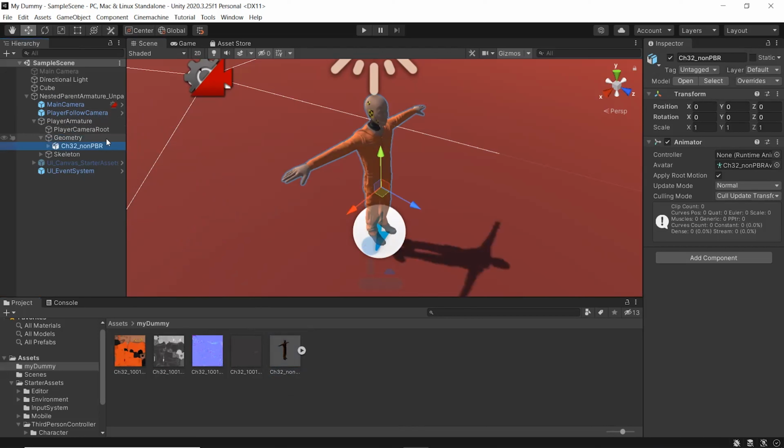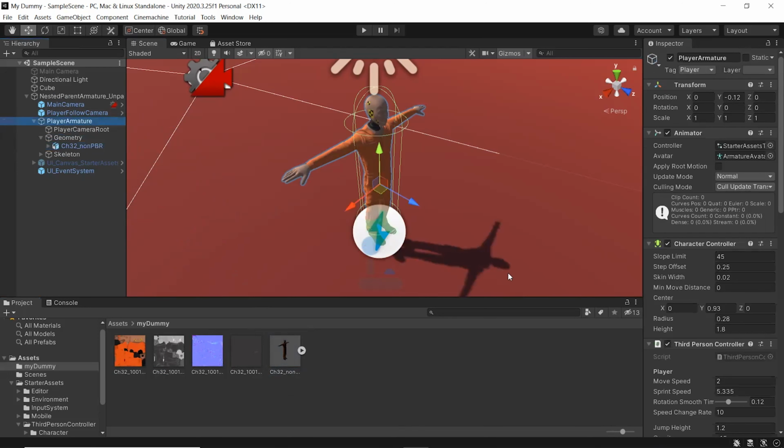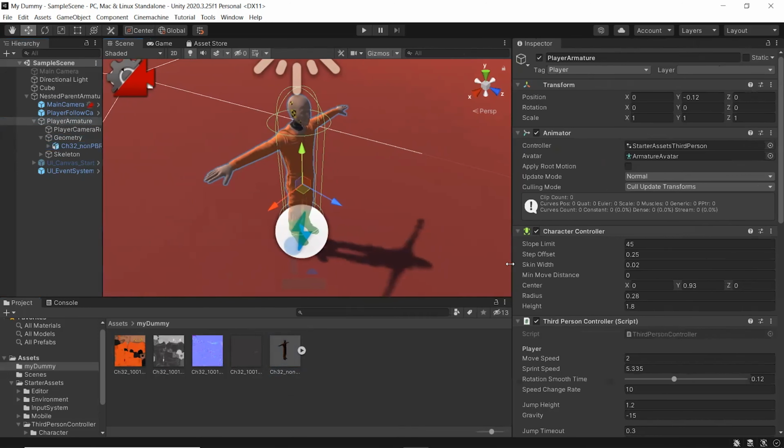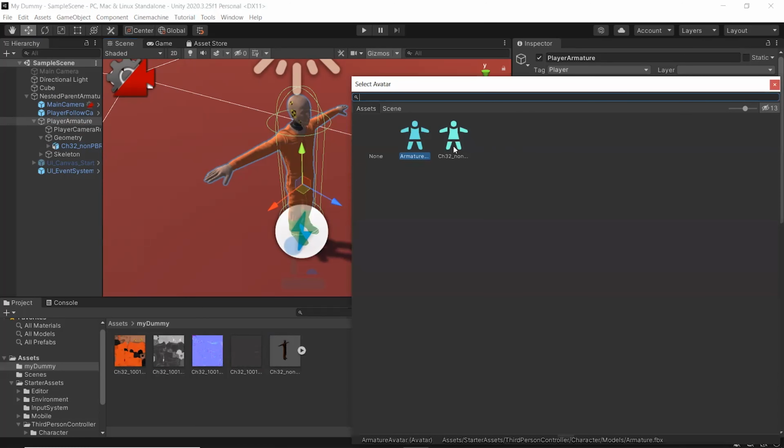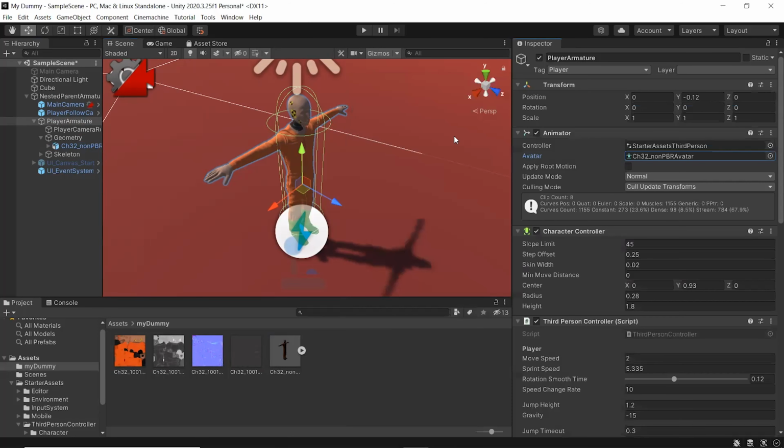And there's one more step. I'm going to go back to the armature. Let me drag this out a little bit further so we can see this a little bit better. The armature had the avatar built from the robot, so Unity still thinks that the robot is what it's trying to animate. I'm now going to go back to this avatar, click on the meatball, and find the avatar that I made just earlier. Remember when I clicked and I said it looks like it's already checked, but I need to click on it and hit apply again to help Unity out. When I was helping out Unity, it was building this avatar for me. I'm going to double click on that, and it is now available. I'll save